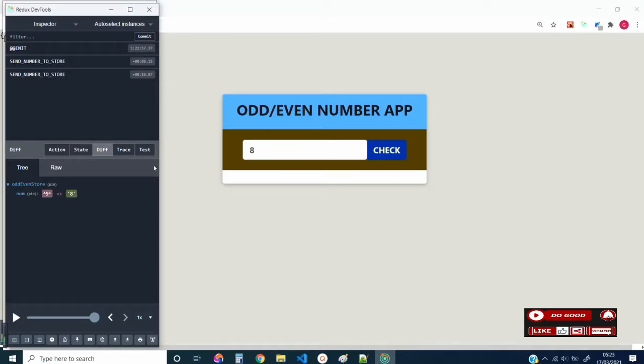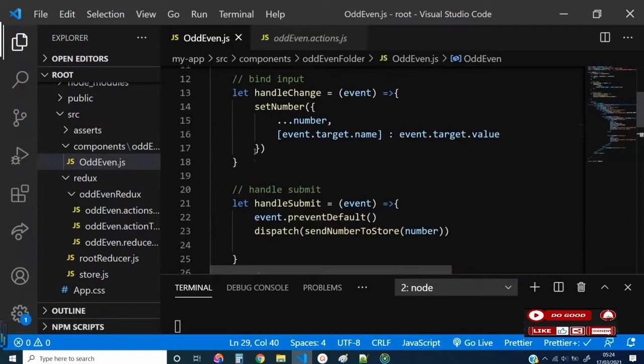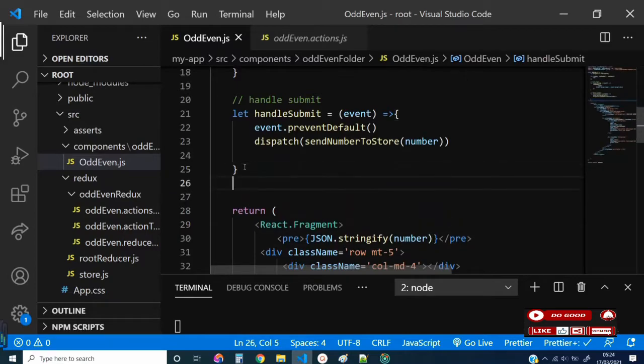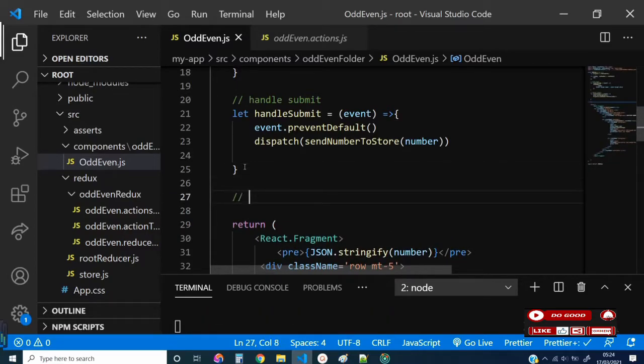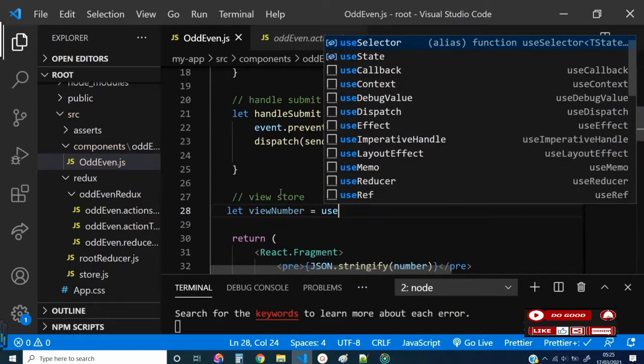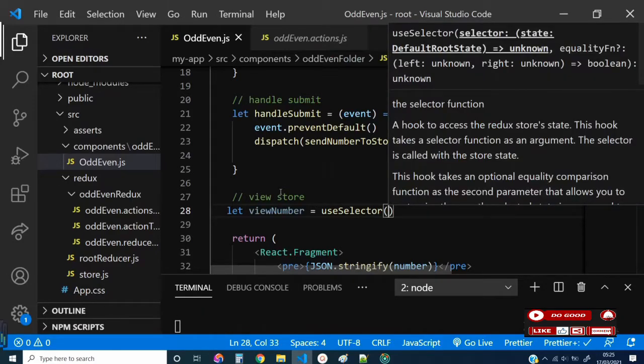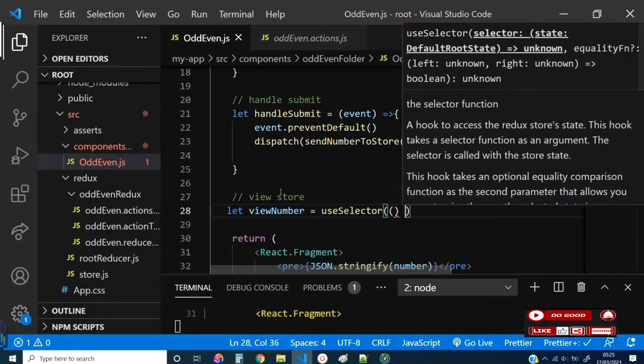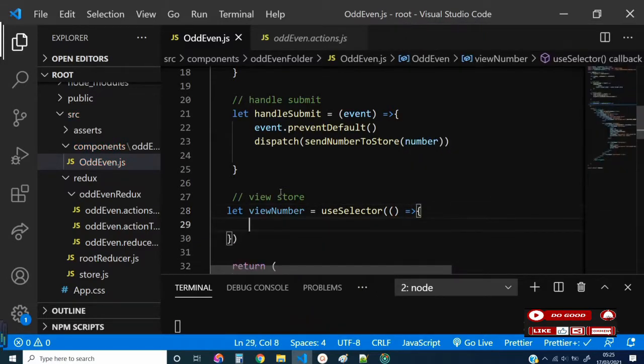To help us do that, we can just view the store on our screen. Okay, so how to view the store? So let's create a function over here and call it viewStore. Okay, so let's view number. Okay, let's call it viewNumber. viewNumber equals useSelector. useSelector gives us another function where